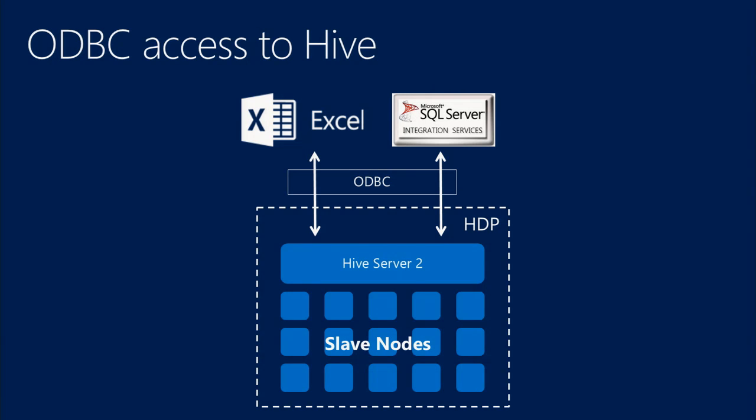So this is a good example of you as a user, again, not having to worry about what's going on in your Hadoop cluster. You're working with Excel, and you know which tables or which files in Hadoop you want to work against. You can, through an ODBC connection, submit queries and get results in Excel. And those queries will be operated at scale in the Hadoop cluster. And through ODBC, there's a lot of other Microsoft products, SQL Server Integration Services, Reporting Services, that can be enabled, as long as you can configure an ODBC connection in your client application to talk directly to Hadoop.